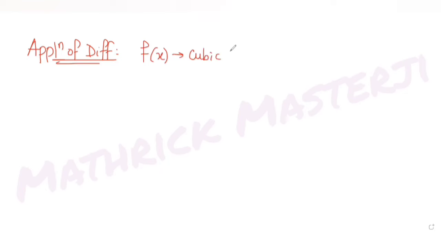Let's see today's question. Today's question we are taking up from the topic of applications of differentiation. The question tells us that f of x is a cubic polynomial with f of 1 equals minus 10, f of minus 1 equals 6, and we have been given a local minima